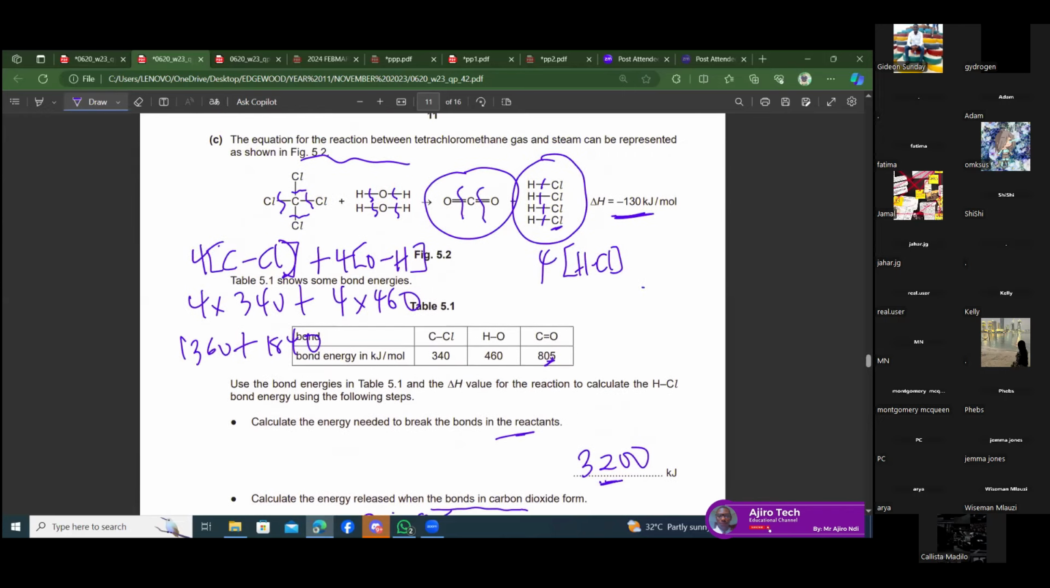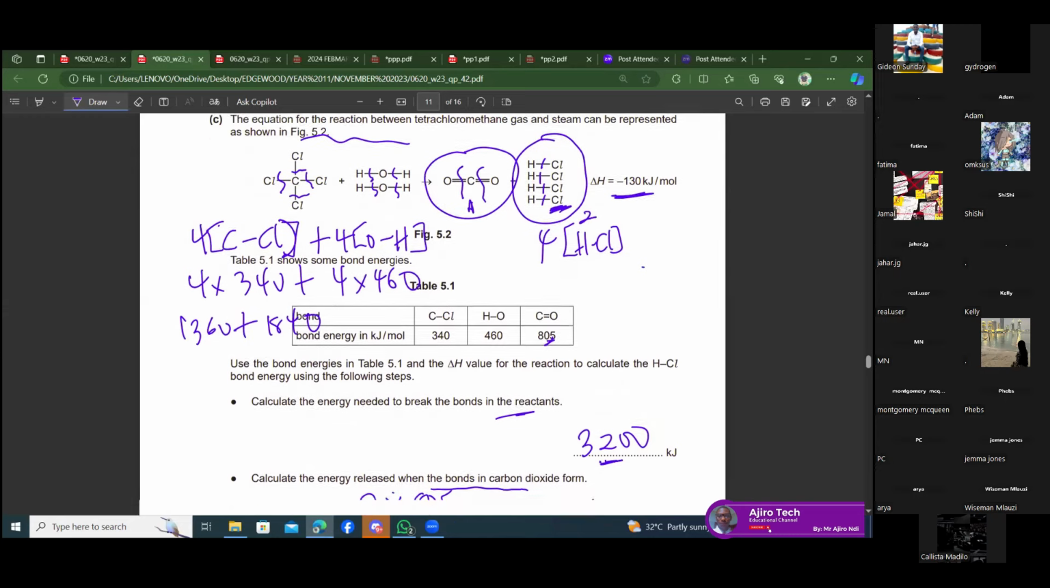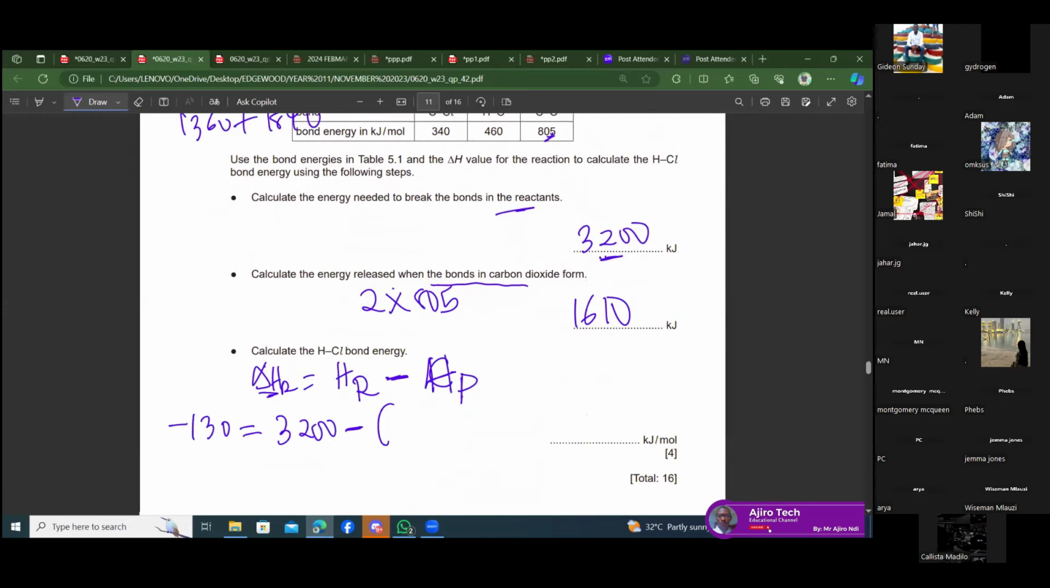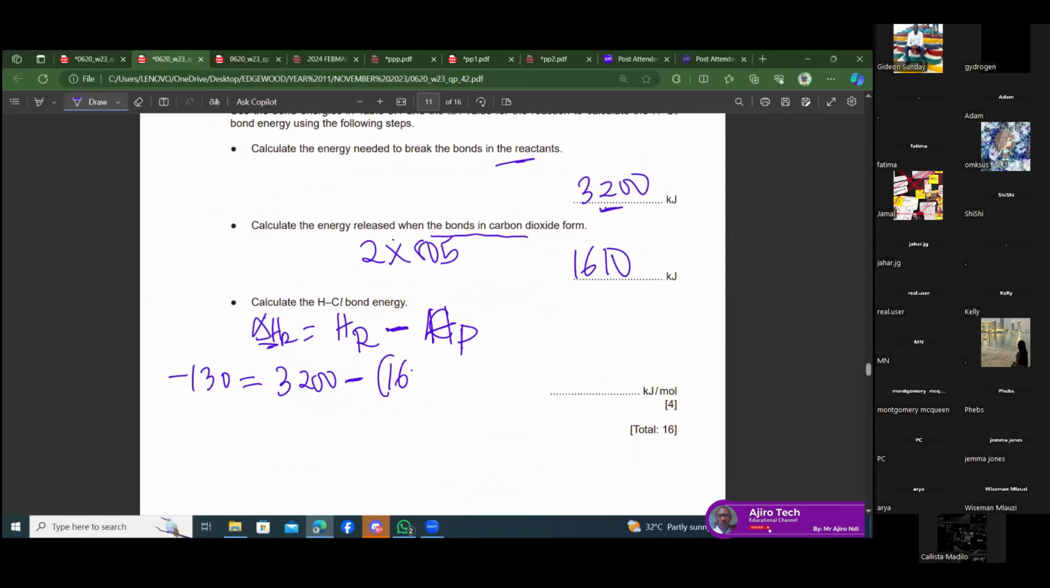We are left with an unknown. So this is one product and this is the second product. Since we are left with an unknown, this is what we are looking for, and we have to sum them up. We already have 1610 as the enthalpy of the first product, and the second product is the unknown, which is HCl. So we're going to solve this mathematically. It becomes minus 130 equals 3,200, and we open the brackets now, minus times 1610. Minus times plus is minus